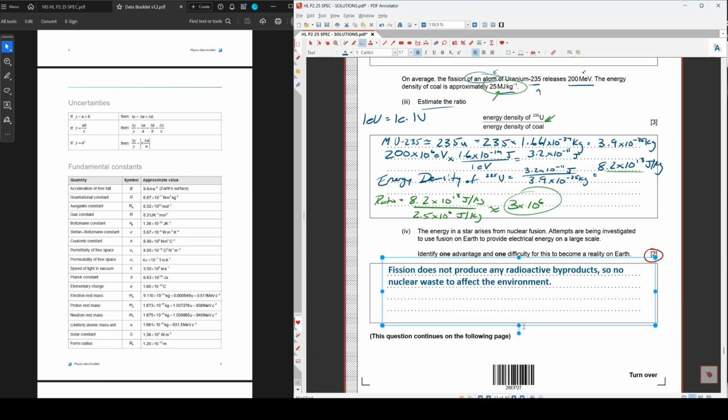We could also say you get a ton of energy out of fusion, way more than you get out of fission. That's another thing you could say here, any number of things. And I guess I should spell this out, shouldn't I? So I should say one advantage of fusion is that it does not produce any radioactive byproducts. Okay. One difficulty